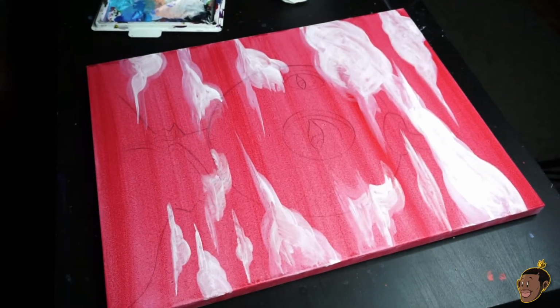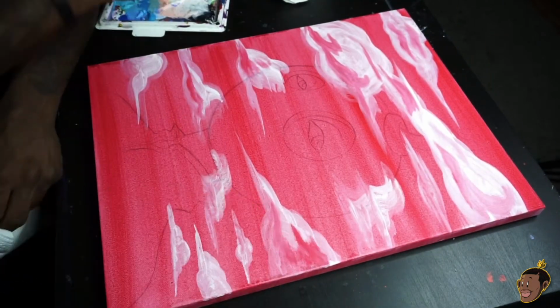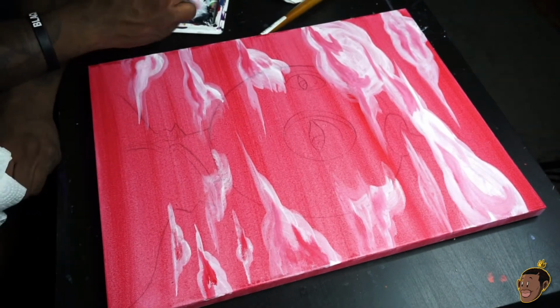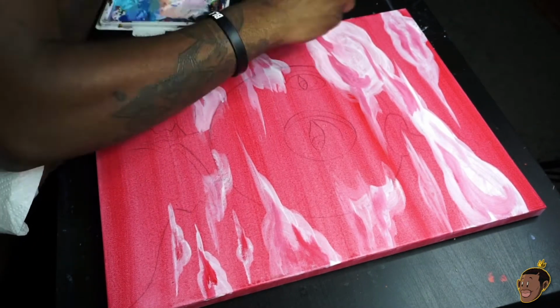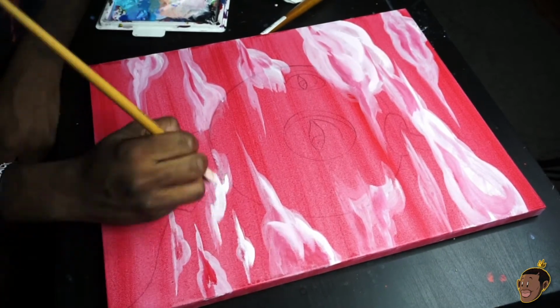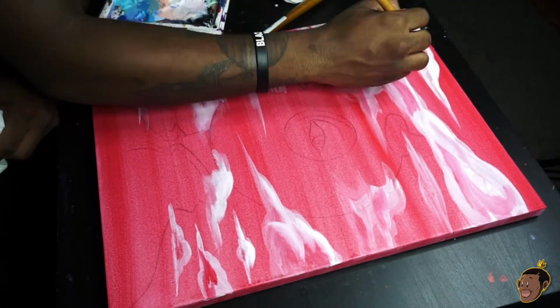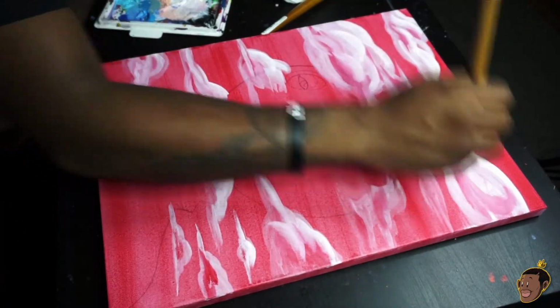Right here, I also did the little skip. Always skip this little background. Pretty much all I did was water down some red acrylic paint and just washed it in the back. Always do that to set my canvases. Sometimes you gotta use gesso. But for this case, I always want this certain effect, so I use this watercolor